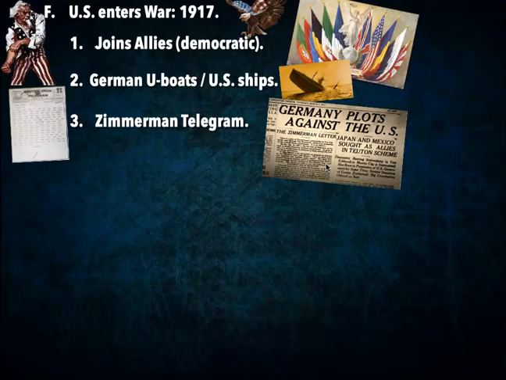revolves around what comes to be known as the Zimmermann telegram. British intelligence intercepts a message being delivered from Berlin to Germany's embassy in Mexico City. And the British are able to get this and break the code that the Germans are using. And what they find when they break this code and this message is that it is an offer from the German government to the Mexican government that proposes that Mexico should attack the United States, and that Germany would help